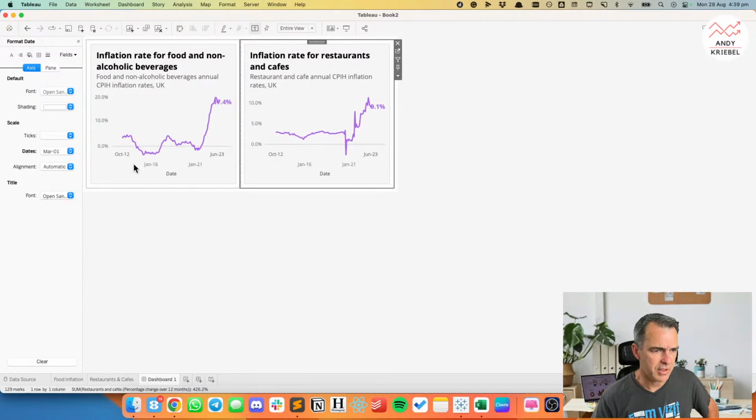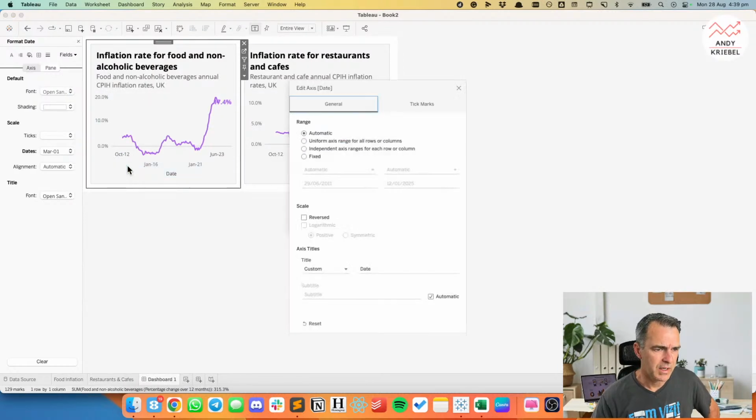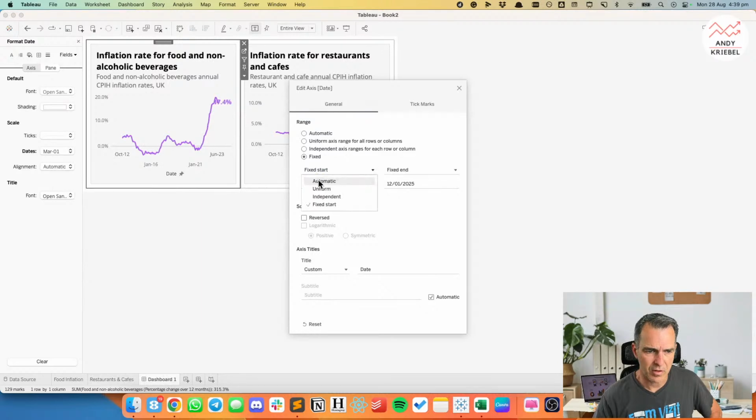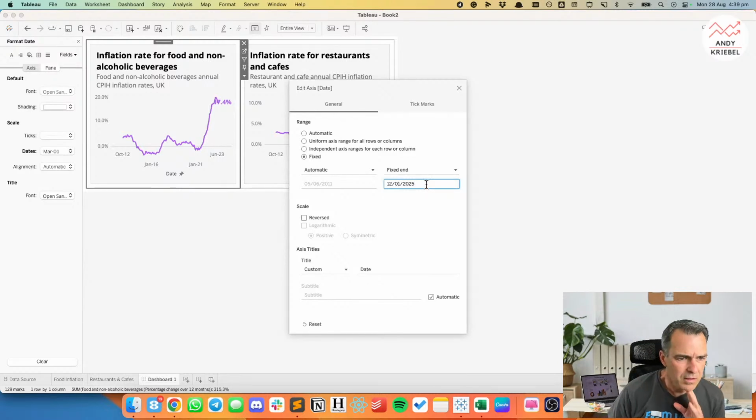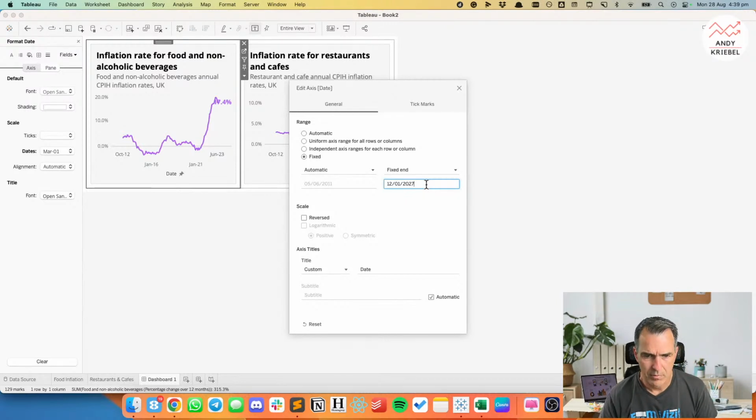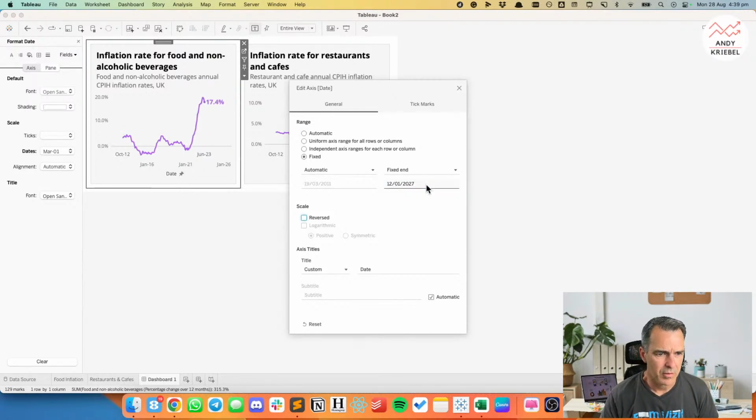Okay, this will be easier from the dashboard, I think. So I need to move my, so let's make the start automatic, and let's make the end, wow, how's that not enough space? Okay, yeah, there we go.